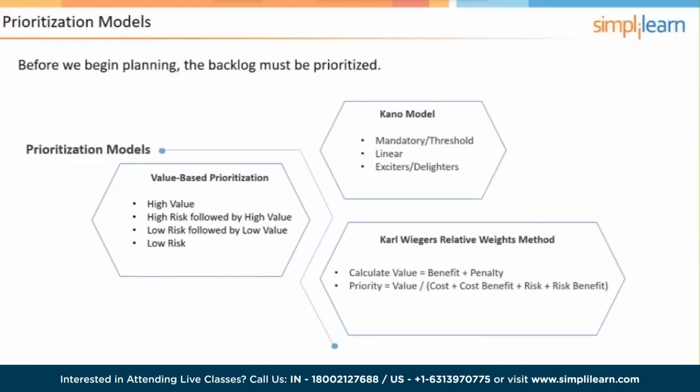And there are some prioritization models. If we look right here, there is value-based prioritization, and the hierarchy of that would be high value, followed by high risk, followed by high value, and then low risk, followed by low value, and then low risk. We might have written this a little differently, but that's value-based prioritization, and this is primarily the product owner, with maybe some input from the team, simply deciding what he or she wants done most, listening to the team say there are greater risks with this user story than that,